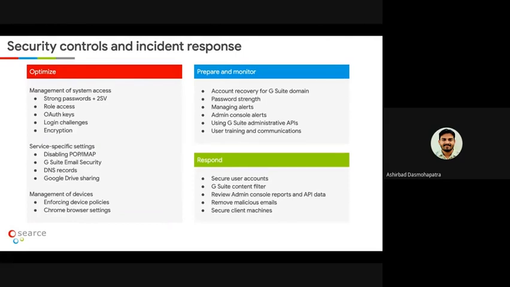Role-based access: we can assign particular users to a particular role, and security keys and login challenges also. Login challenges work like this: suppose you use a wrong password more than 5 times to authenticate an account, Google will give you a login challenge basically. And encryption, we can give specific settings,